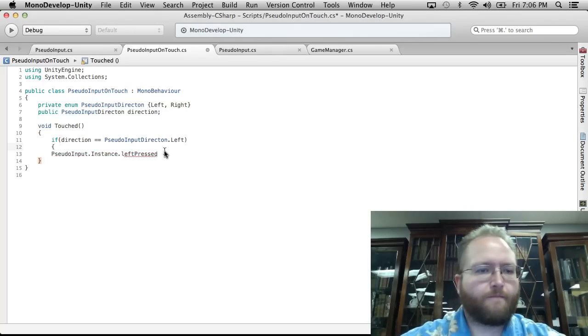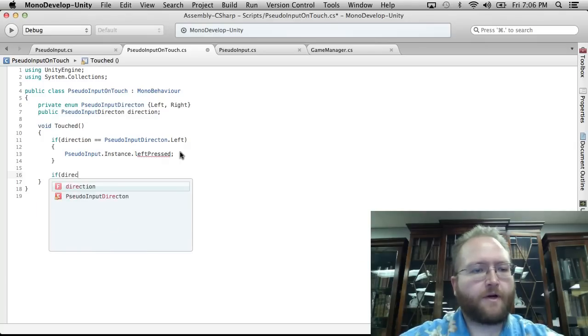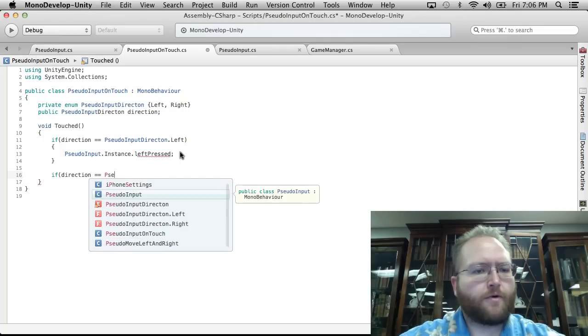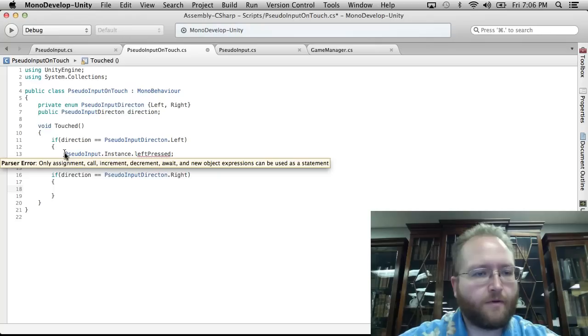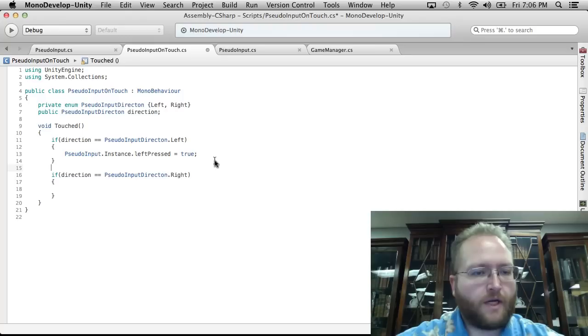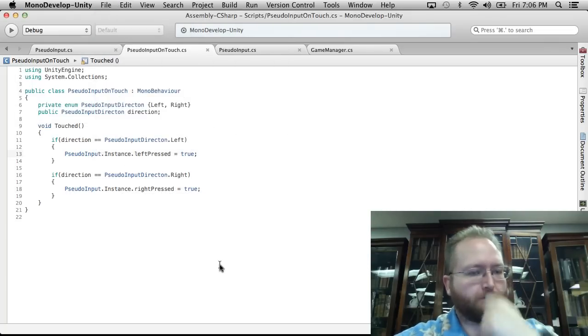I think with the enums, it automatically brings up the enum types. You can just hit enter after the equals. Okay. And then if direction equals pseudo, so that's where you could have hit enter again. Enter? Okay. Dot right. And for some reason it's not fighting me on the curly braces right now, so that's good. Oh yeah, and we have to actually tell it something. So we're going to say left press equals true, and then down here right press equals true. So we're going to hit save. And then